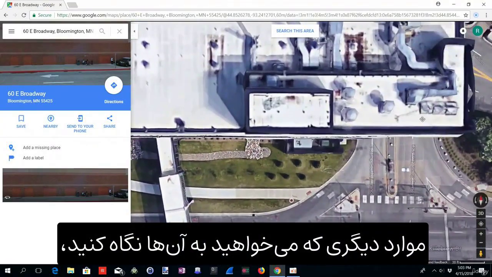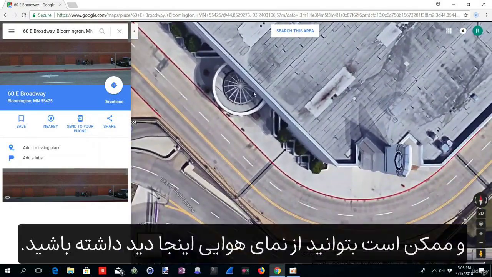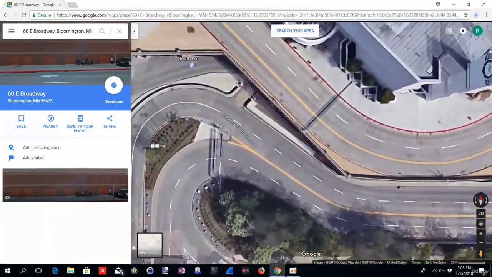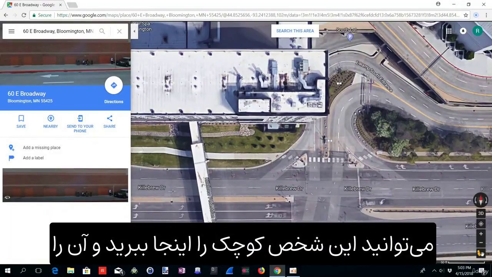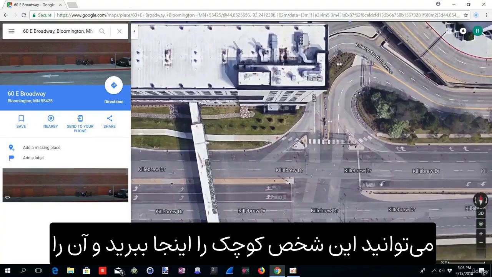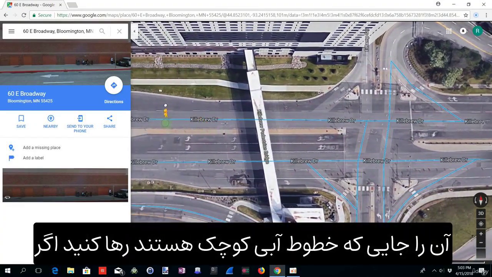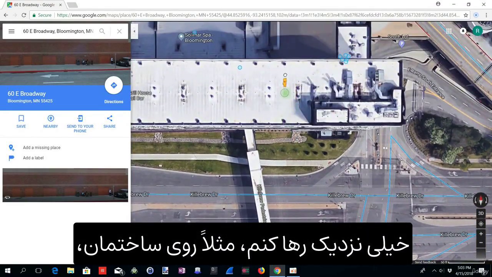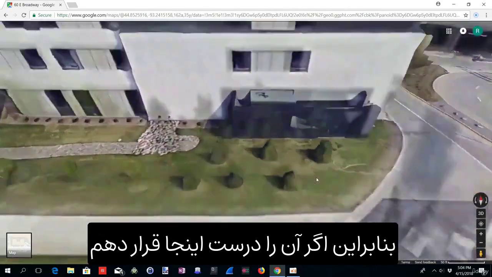Other things you'll want to take a look at is where their security cameras are. And you might be able to get a view from an aerial view here. Otherwise, if you want to get a street view, let me zoom out a little bit. You could take this little person in here and you just drag them, and you're going to want to drop it on kind of where the little blue lines are. If I try to drop it in too close, like say on top of the building, it's just going to kind of fly back there. So if I put them right there,